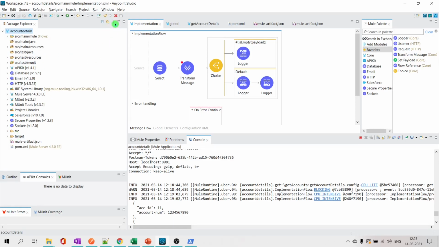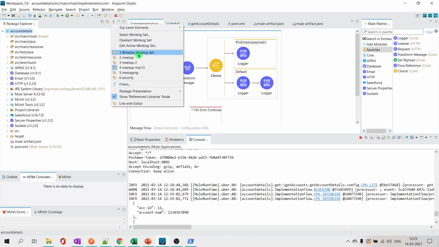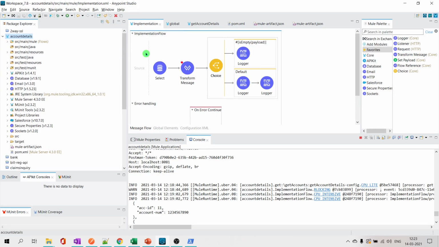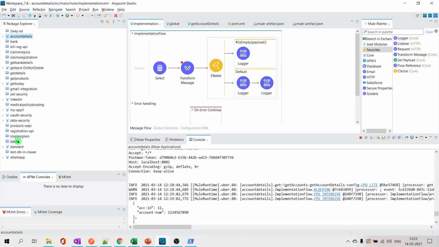If you want to see everything else, the default one is window working set. You'll have this by default in your Studio. Window working set. Click on this, you'll see everything. This will be useful to make it clean instead of being cluttered and having too many things to navigate. Useful one to make your development experience, instead of being too complex, an easy, smooth going experience.